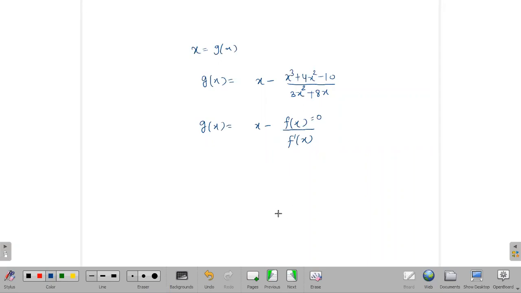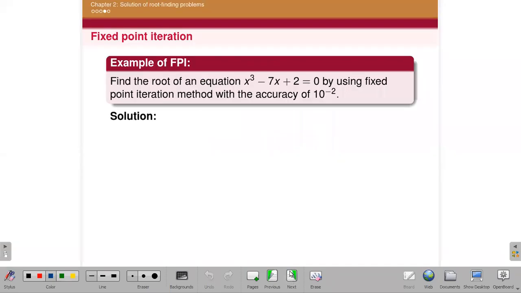Or you can go for the C value also, that one student was asking about. You find that C value at which the 3 conditions are satisfied. Then you can get the g of x. So next we have another question. You can try another question.